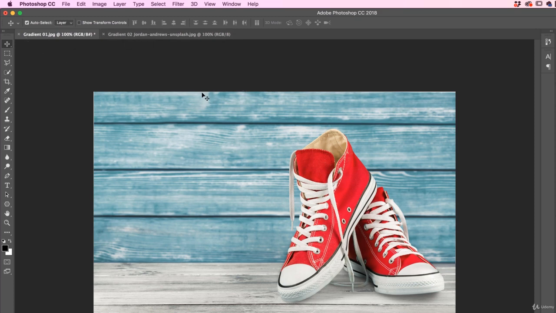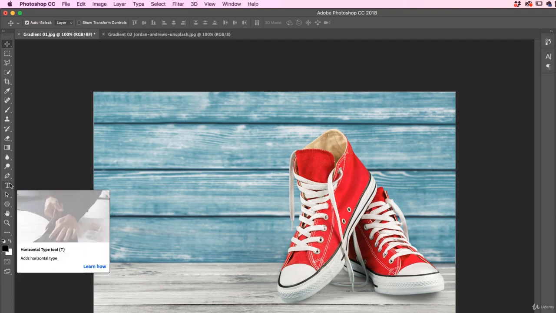We're going to do two things. We're going to add gradient to text and we're going to add it to the image in the background. We'll do the text first as it's the easiest to do. Okay, so we're going to have a full section on doing type a little bit later in the course, but